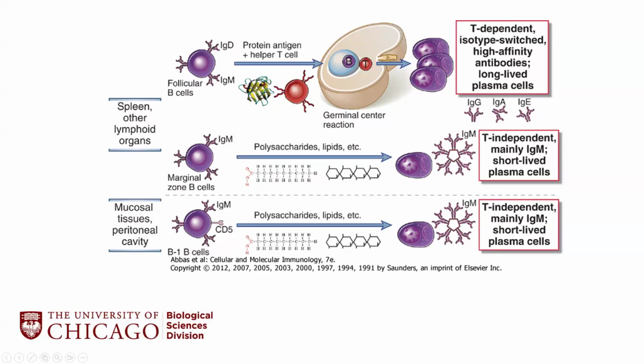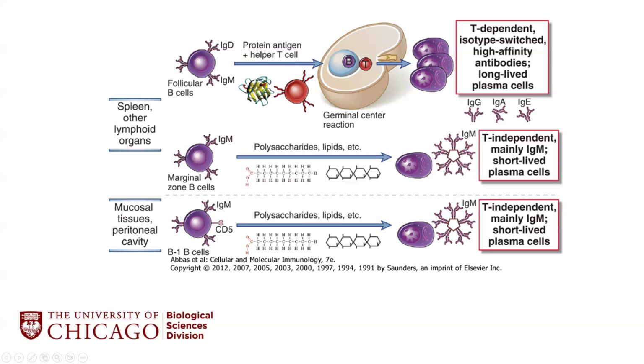So here are the different types of responses. So you have this very important T-dependent isotype switch, high affinity antibody, long-lived plasma cell. You have your follicular B cells that always start as IgM. You have your antigen, and then along with T cell help in the lymph node, you get this traditional response that we think about. In the spleen and other lymph organs, you get these marginal zone B cells,